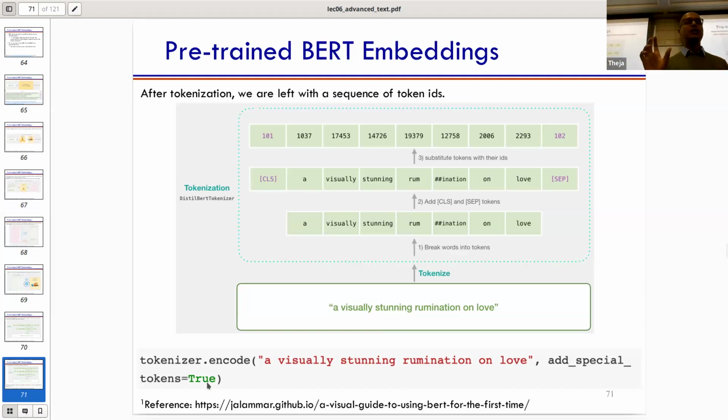If you did not care about classification, if you just wanted vector representations of words or tokens, then you don't have to add these extra tokens, and you just get the vector representations of the words. For example, if you focus on stunning, the vector representation of stunning really depends on the other words present in that sentence. So stunning in this sentence would be different from stunning in a potentially different sentence. That's the difference between fastText, word2vec, and GloVe, and this pre-trained model.